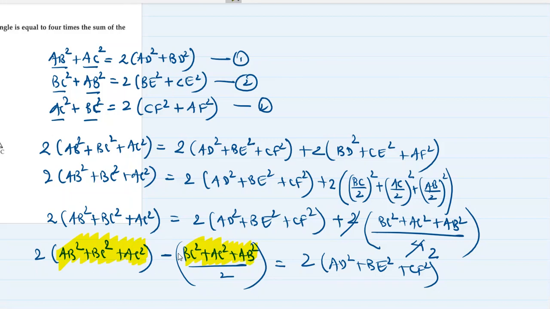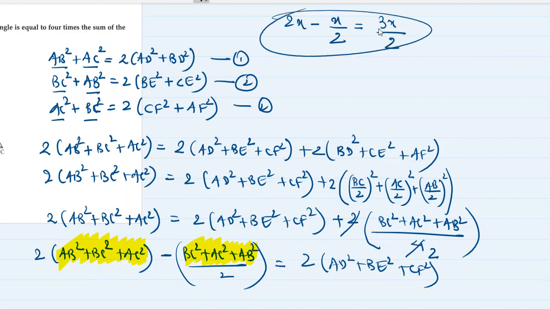So numerators are same. We can treat it as a single term, let's say x. So what is 2x minus x by 2? You don't want to perform this complicated subtraction, right? So I'm showing you an easy way. What is 2x minus x by 2? What is x? X is this highlighted part. The same thing. 2x minus x by 2 is 4x minus x the whole upon 2, that is 3x by 2. So this is the answer, which I'm going to write in a proper way.